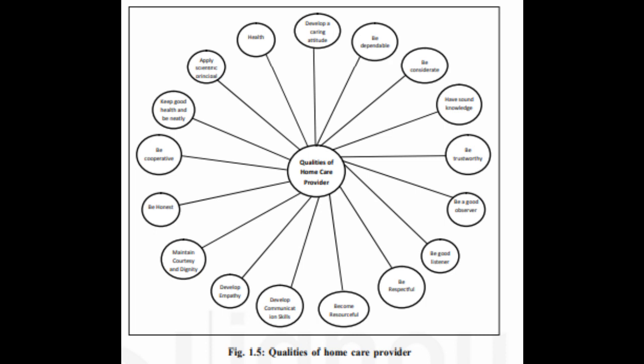14. Be cooperative. As a care home assistant, you should be able to cooperate with patients and family members. For example, if one of the children in the family is very sick and all the members are busy, you may have to attend to all the needs of the patient alone, depending on the situation.